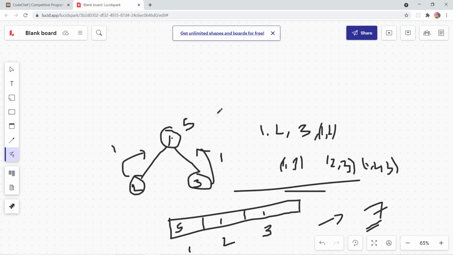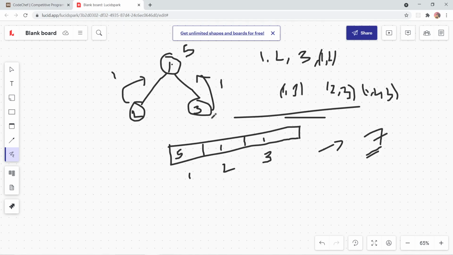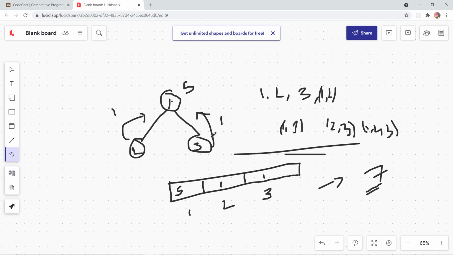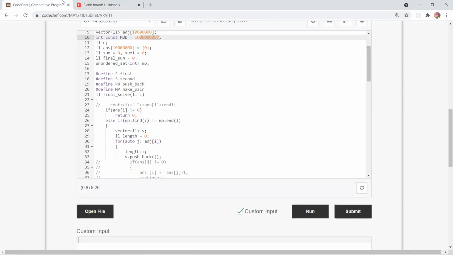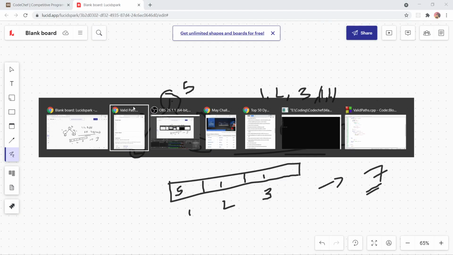If you want me to show my code, I can show this in my next video. So just let me know if anyone can prove me wrong with this logic. I think this should work, but I don't know. I'm having an issue solving this. So if you can come up with any kind of test case that is not going to work in this scenario, I'd like to explain. This is my code. I'd like to explain this as well.